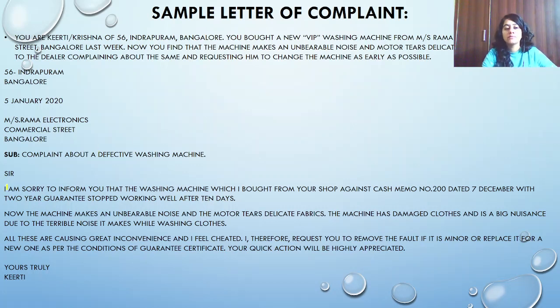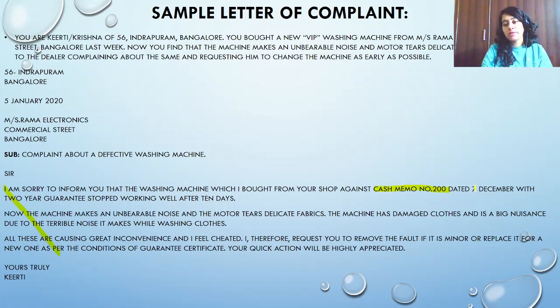I'll straight away come to the body of the letter. It says, I'm sorry to inform you that the washing machine which I bought from your shop against cash memo. See, it's very important to mention the invoice number, because without which you cannot trace. There are so many customers coming on a daily basis. Without the invoice number, how can you trace the person, or how can you go back to the time at which you had purchased this particular